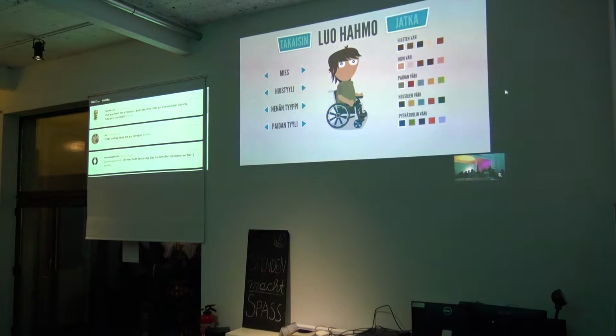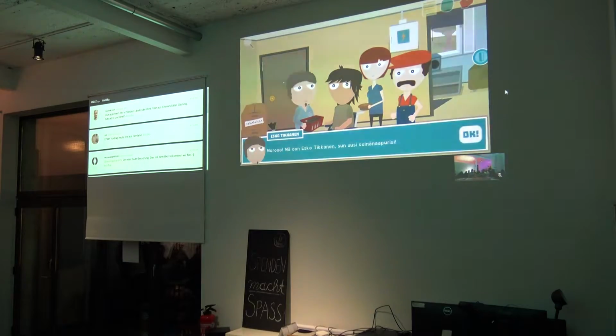It has a character modification screen or system. And the game is basically a 2-hour-long point-and-click adventure about the main character and this brown-haired dude with the case of beer on the left called Esko Tikkanen.